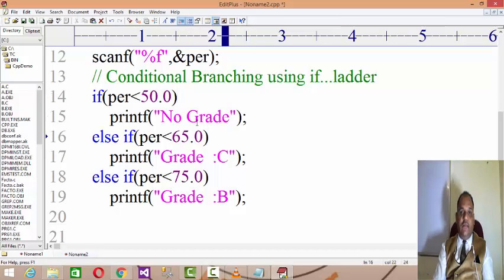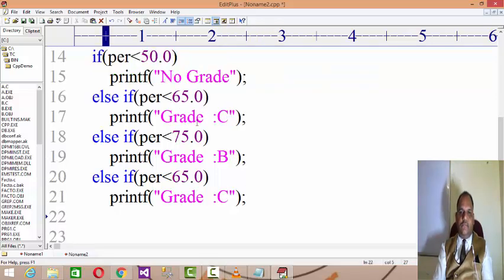Then at the next slab level, there is no point writing the condition again. Not required, right? And in this case, if it is not less than 50, less than 65, less than 75, it is obviously less than 85. Then if it is, you get the grade called A.